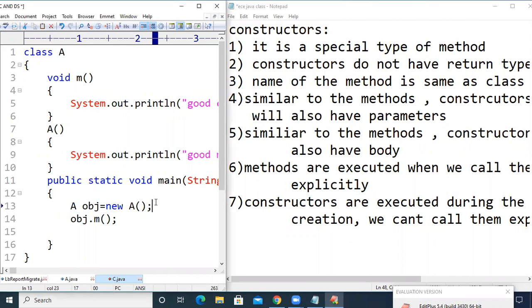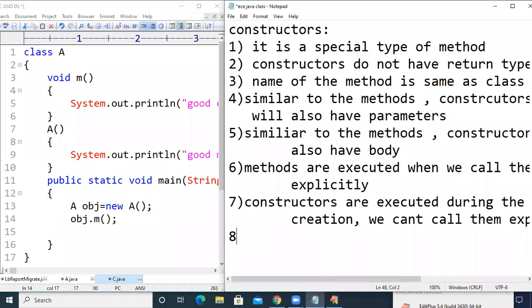Whereas in the case of methods, if we want to execute them, we need to make a call to them, that is, we need to execute them explicitly. But in the case of constructors, they are going to be executed automatically during the time of object creation, right?